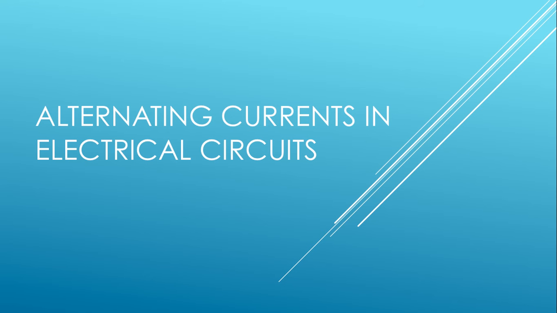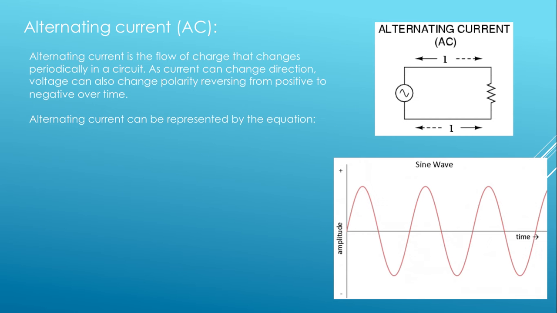Alternating currents in electrical circuits. An alternating current is the flow of charge that changes periodically in a circuit. As current can change direction, voltage can also change polarity, reversing from positive to negative over time. A basic AC circuit is shown on the right, where you can see one period of the sine wave inside